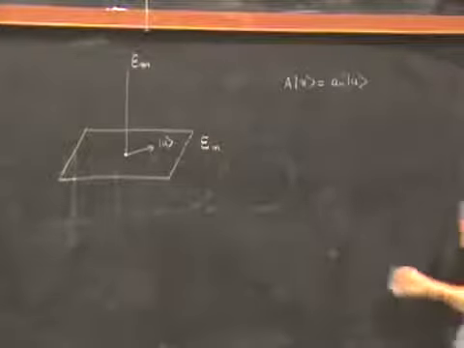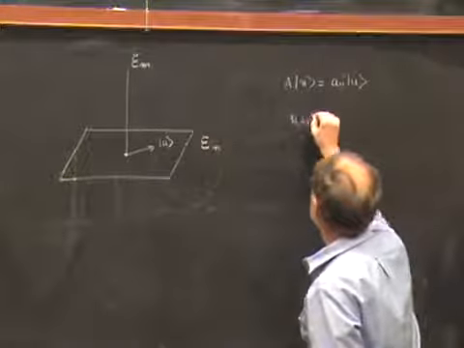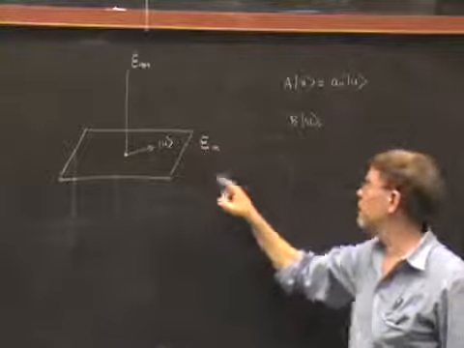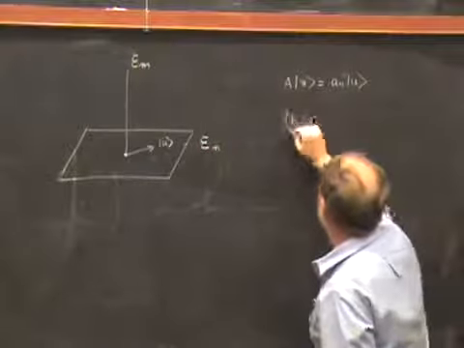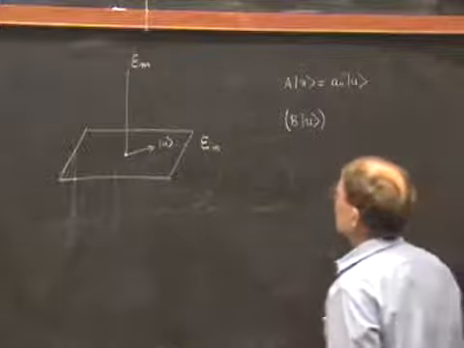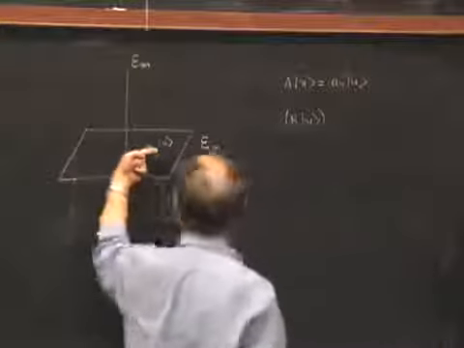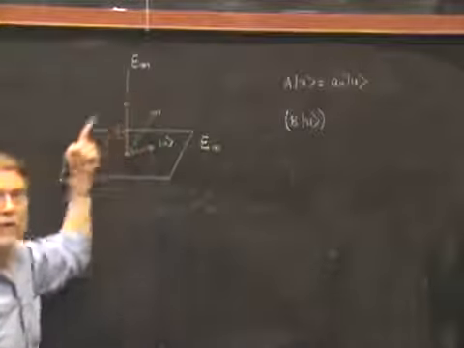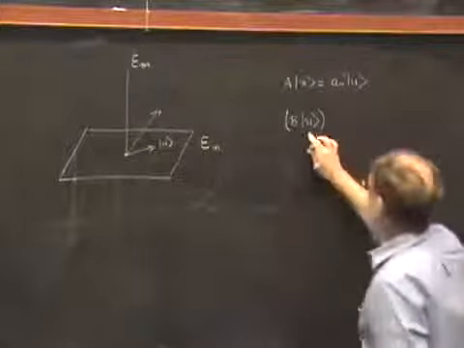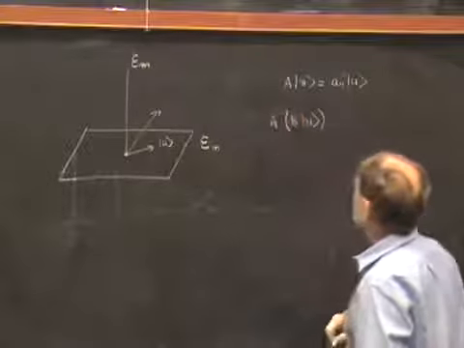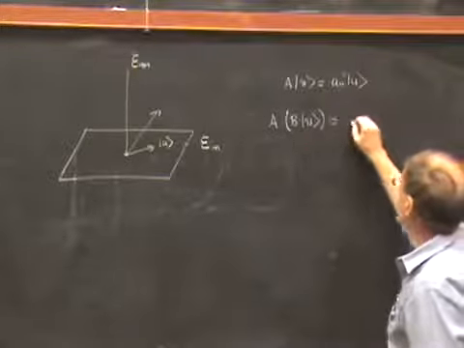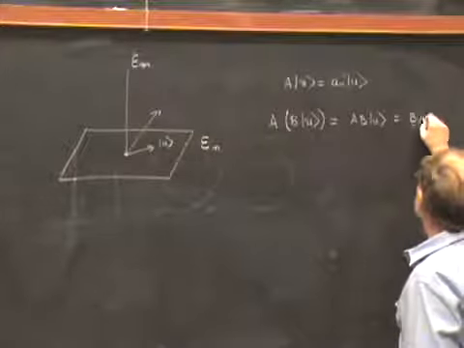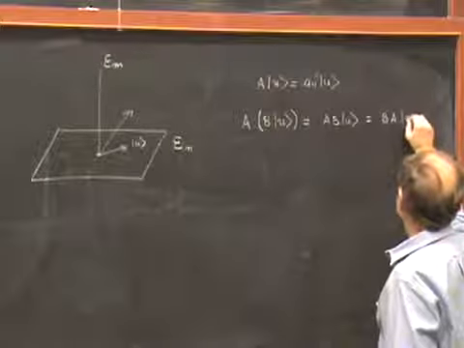Now, what about if we let the operator B act on a vector that lies in this space En? What can we say about that? Could it possibly lift it out so that it sticks out of the space somehow? That's the question. The answer is no, because if I take BU and let A act on it, this is the same thing as AB acting on U. But because B and A are assumed to commute, that's the same thing as BA acting on U.